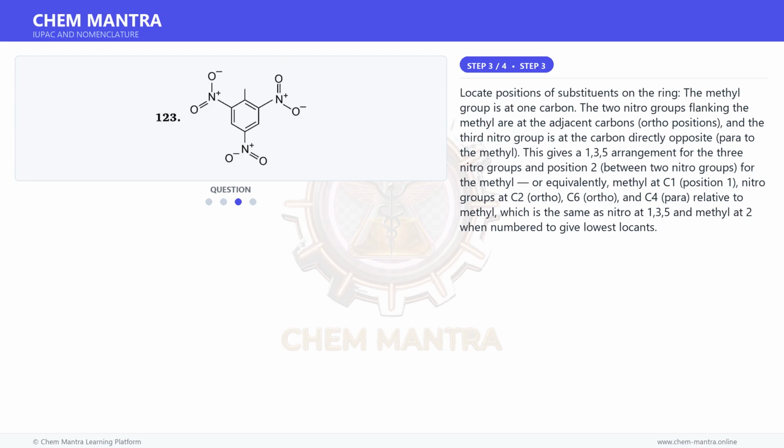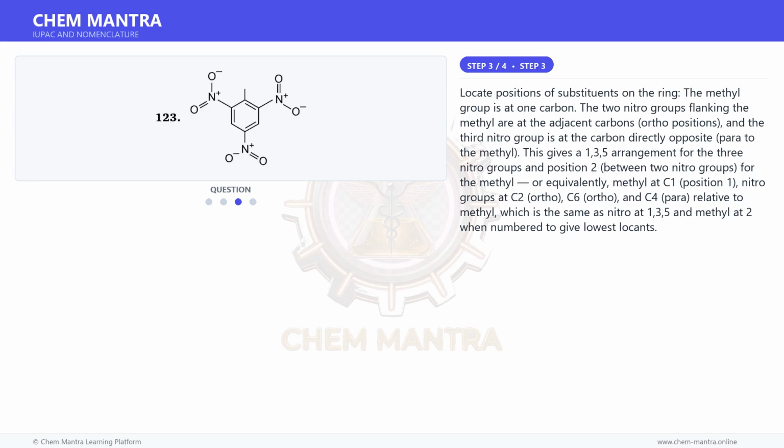The 2 nitro groups flanking the methyl are at the adjacent carbons, ortho positions, and the third nitro group is at the carbon directly opposite, para to the methyl. This gives a 1, 3, 5 arrangement for the 3 nitro groups and position 2 between 2 nitro groups for the methyl, or equivalently, methyl at C1, nitro groups at C2, ortho, C6, ortho, and C4, para, relative